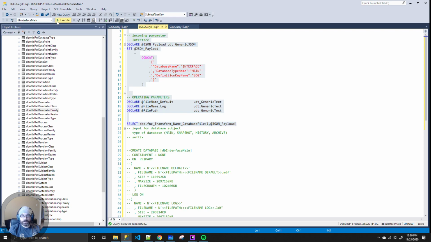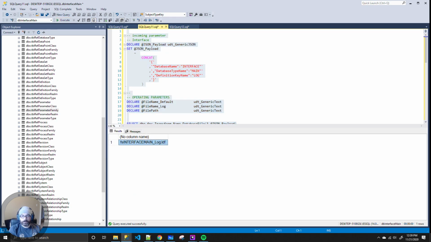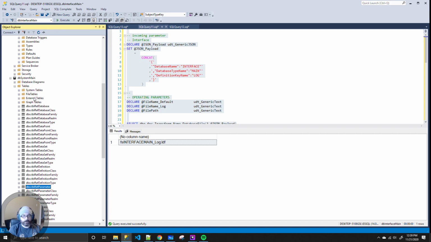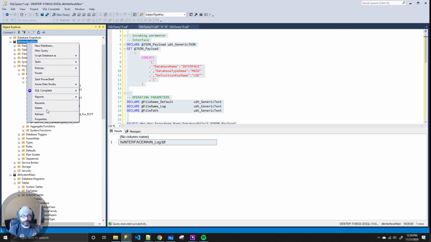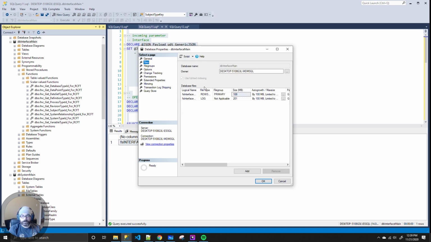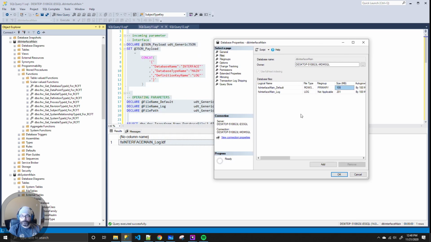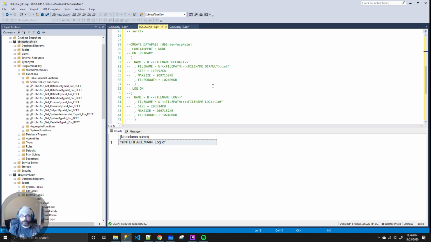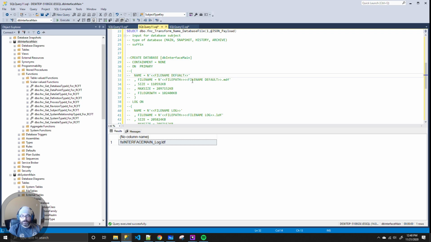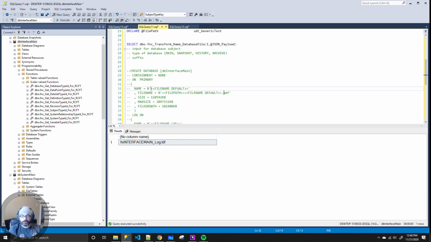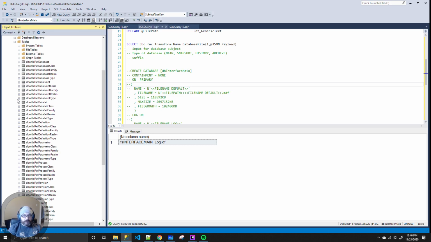So this should give me close enough to what I need. Just to verify. Yep. So I need the name separated from the default. Okay. So that is my issue,